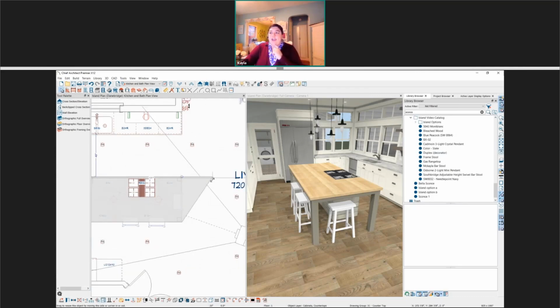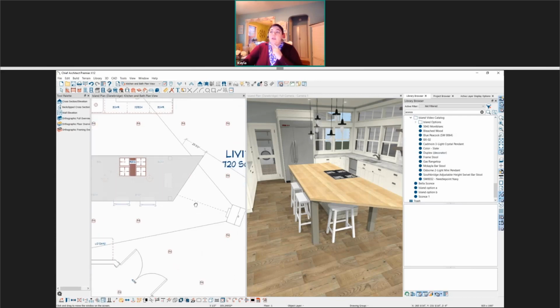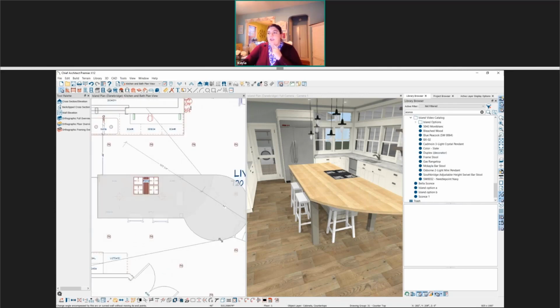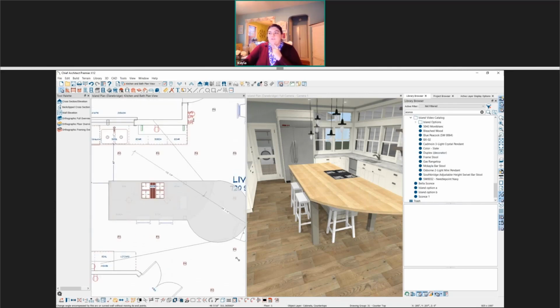So if I had a curve that was going to start over here and end over here, I would get the straight line drawn before I change to a curve. So then I would take this edge down in the edit toolbar. I'm going to change line to arc. And then I just use the edit handle that's going to allow me to edit the radius. So then I can extend that out as far as it needs to go.